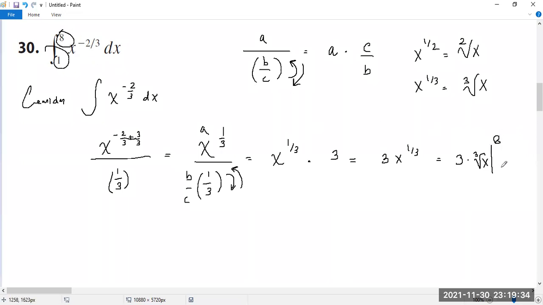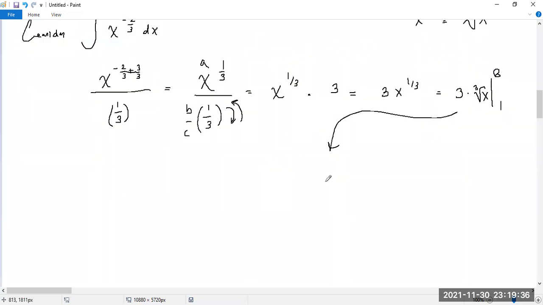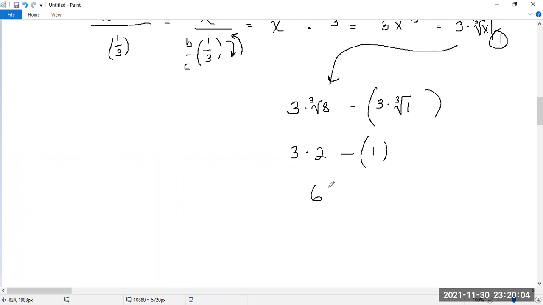So we're going to have 8 here and 1 here. What we'll do is, for our x, we'll plug in the top bound, which is 8, and then subtract from that the bottom bound. So we'll have 3 times the cube root of 8. The cube root of 8 is 2, minus 3 times the cube root of 1, which is just 1. So we would have 6 minus 1, which is 5,